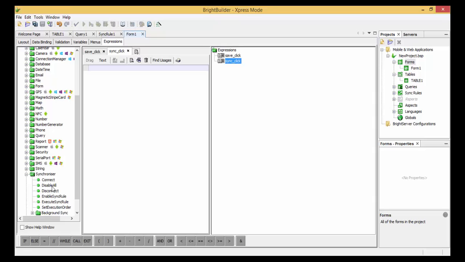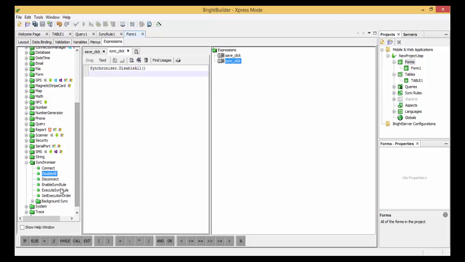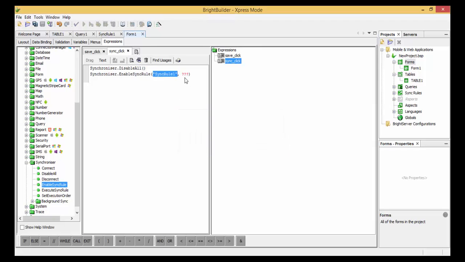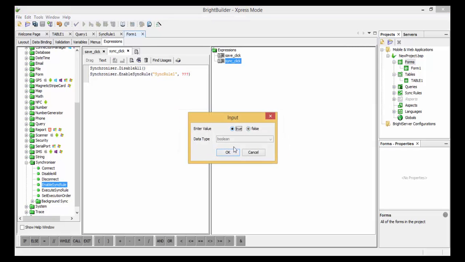So what we're going to do is use the sync rules that we defined in order to perform the synchronization. So we disable all sync rules, then we enable the sync rule,